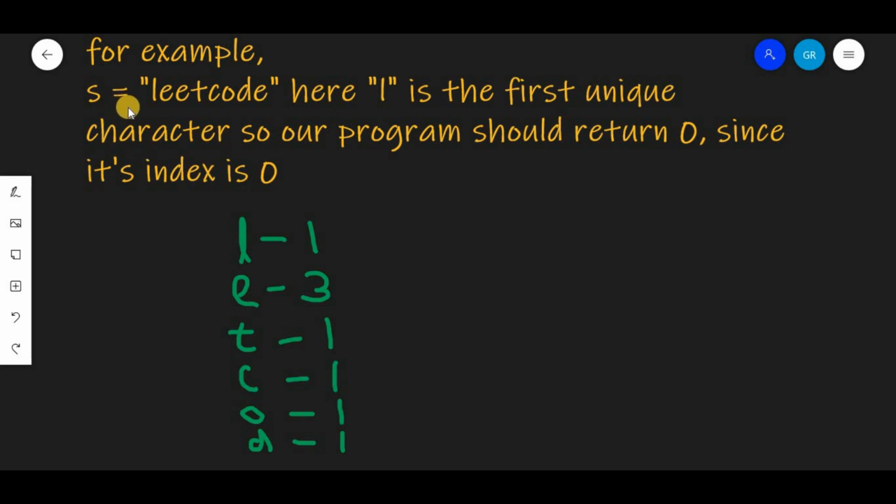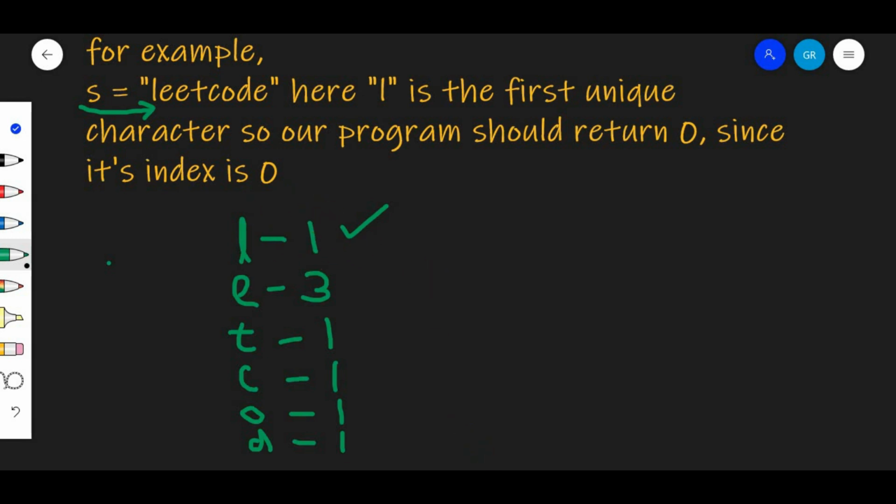If we traverse from left to right, the first character will be L, which is having character count as 1, right? So like that we have to find.